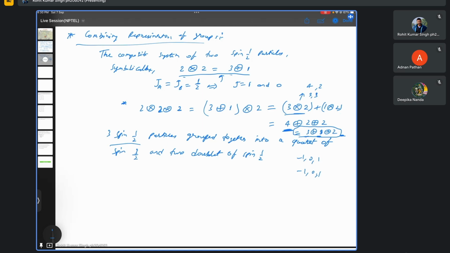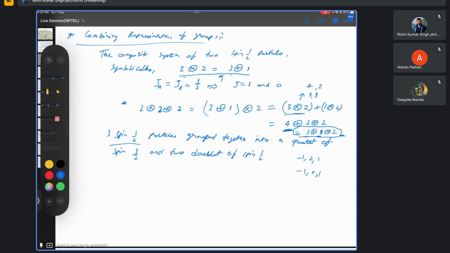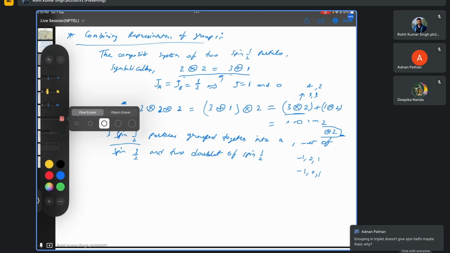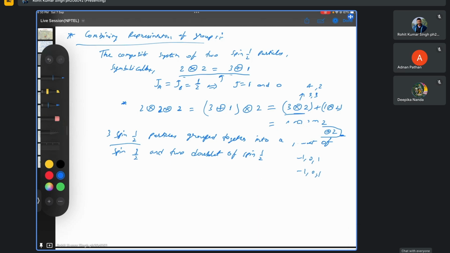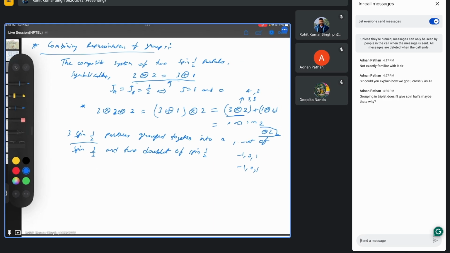Maybe because the states will be the same, and yeah, I don't know. Something should not allow this. But wait. Grouping in triplet doesn't give spin halves. No, that is not true. I mean, that is true, but